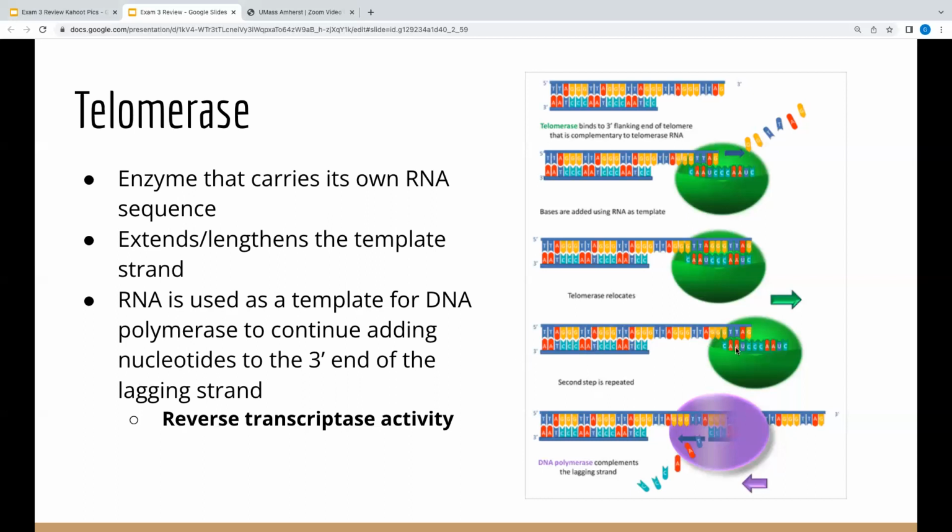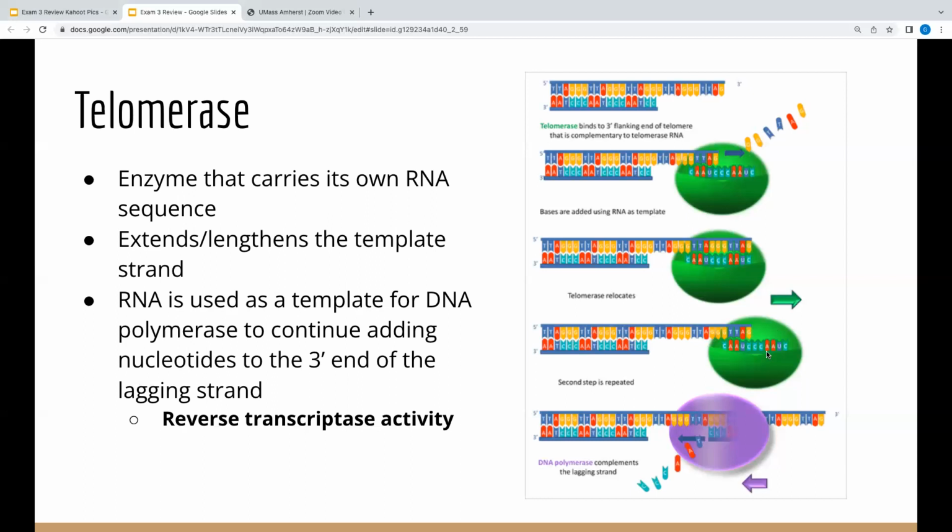Oh, sorry, no. So it adds its own, I got those confused. So telomerase is right here in green, and it will add DNA nucleotides right here. This is RNA right here, and it will add DNA nucleotides by base pairing them to the RNA nucleotides. And that's why it's considered to have reverse transcriptase activity,